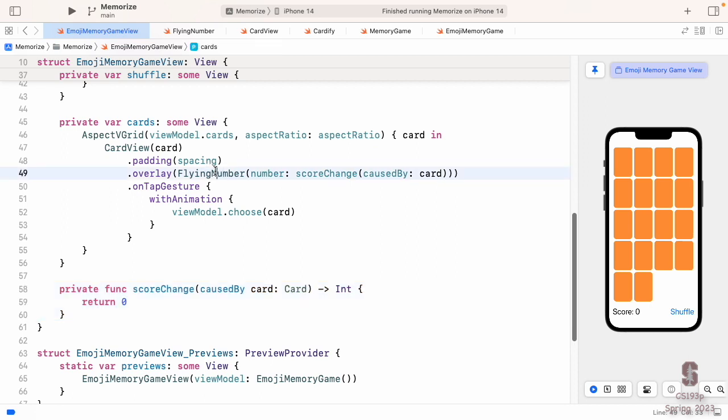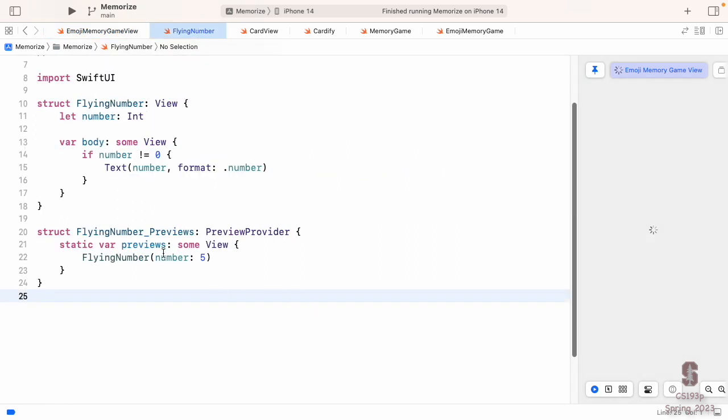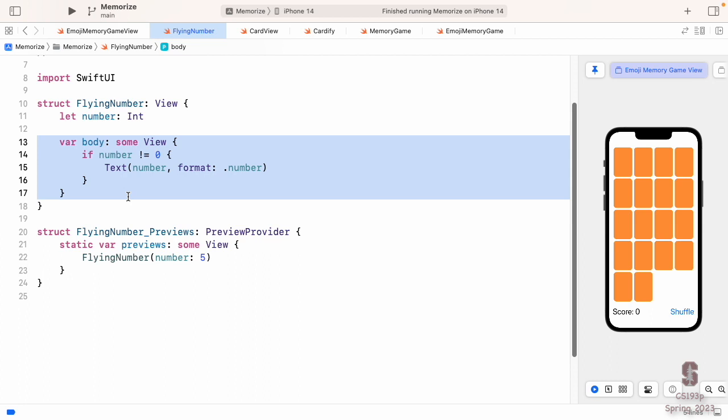And then let's go peek over at flying number. This was a very simple little view. Its body just has the number that's supposed to fly, and it shows it as text. And we learned this new thing with text that we don't have to always pass a string to text. Sometimes we can pass a number, but when we do, we have to use a formatter that knows how to format that. And this works for other things too, dates, right? You can pass a date and then have a date formatter there. And also notice that we don't show any number here. We don't even put a text up there if the number is 0, because we don't want 0 flying up and down as we click here, just +2 and -1.